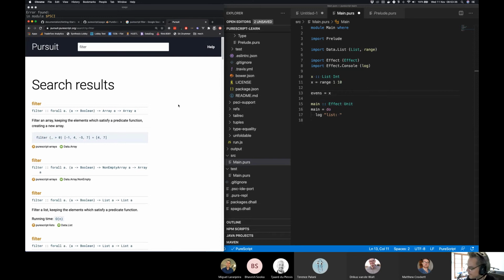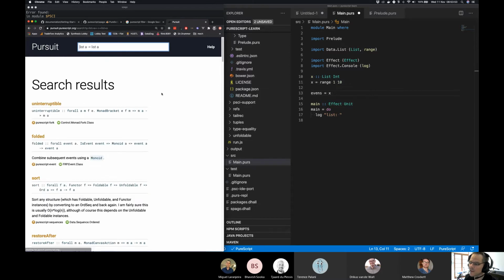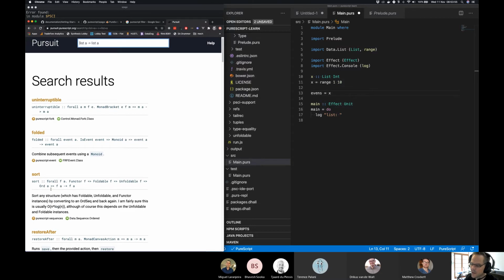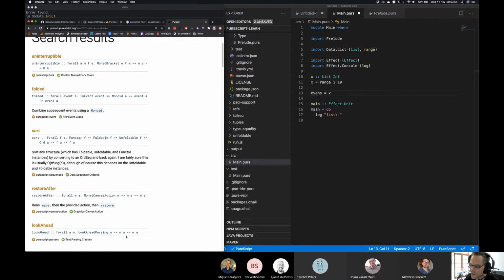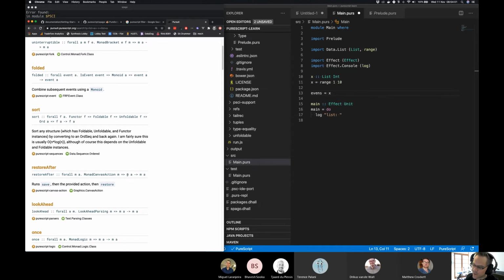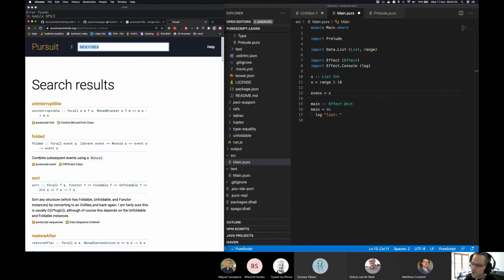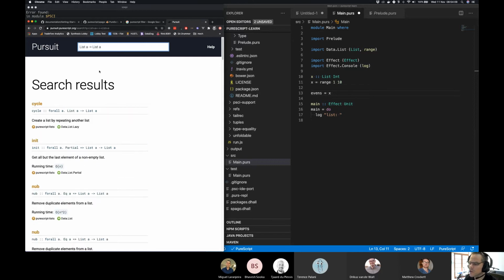This is what I enjoyed about Haskell. Haskell had something called Hoogle, I think, where you could literally do function level searches. You could say, hey, I want a method which takes a list of A's and returns me a list of A's. You could search against a signature and it would return things that match. Maybe I need the capital L. Yeah, there we go. Look, there's a function called cycle, which takes a list of A and returns a list of A, or init.